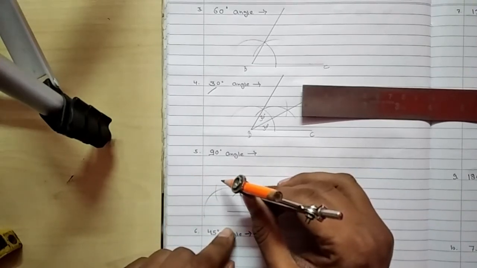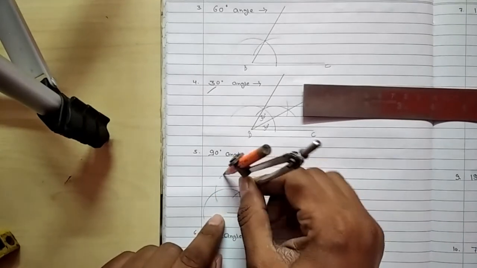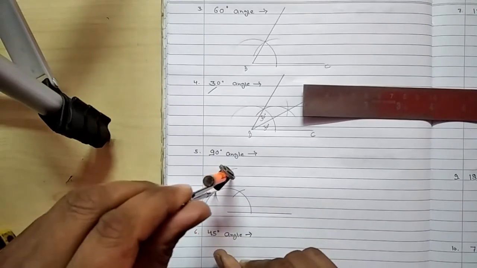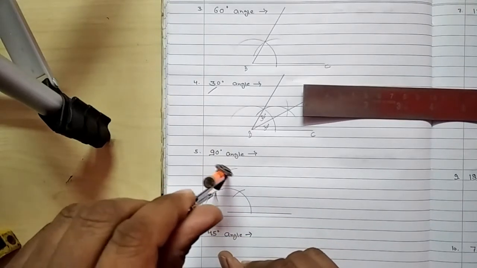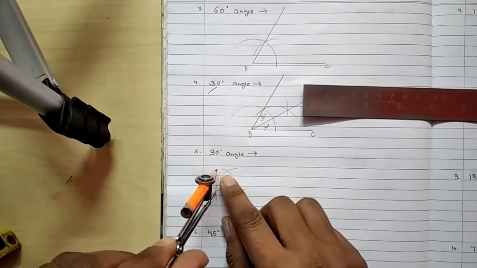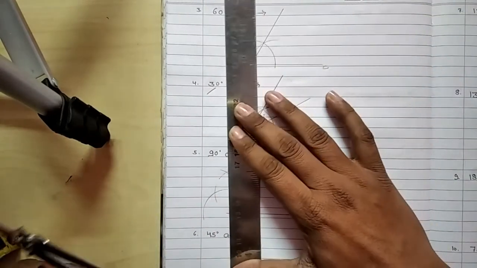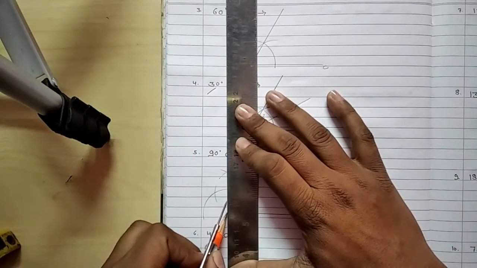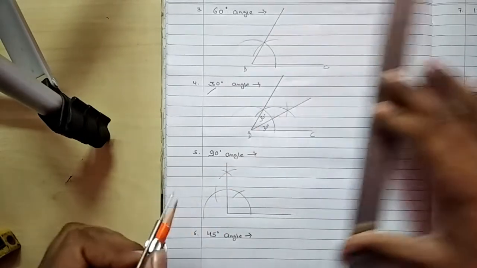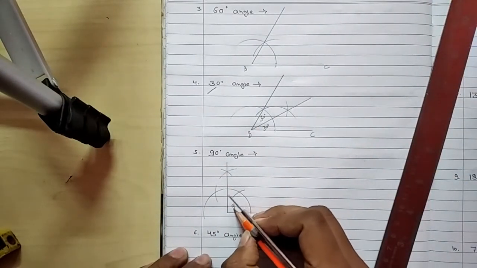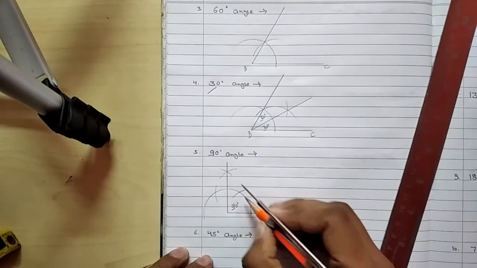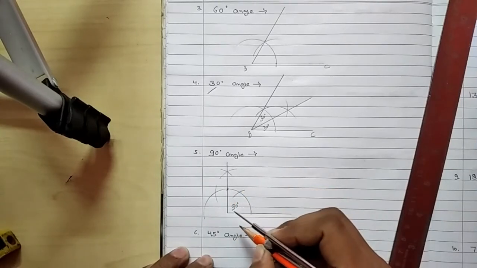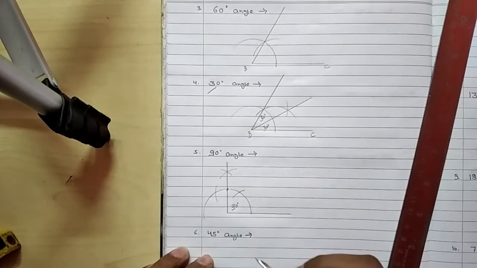So to halve this 60 degree, we will draw one arc like this, and from here you will draw one more arc like this, and both the arcs intersect each other at a point, and then you will connect the intersection point of the arcs with the one end of the line segment. So you will find that this is the 90 degree angle. From here to here 60 degree, and from here to here 30 degree, and 30 plus 60, 90 degree.